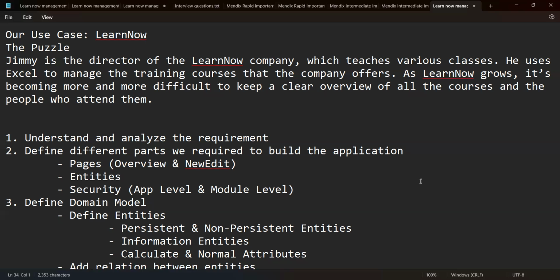Now we decided the entities. What are the data entities we are going to store as master data? What are the entities going to store input data? Let's say in our requirement,